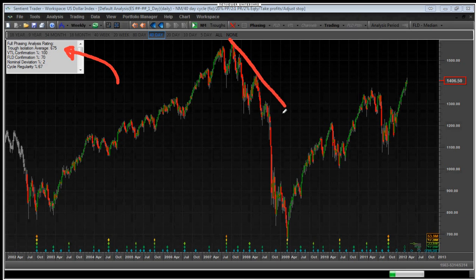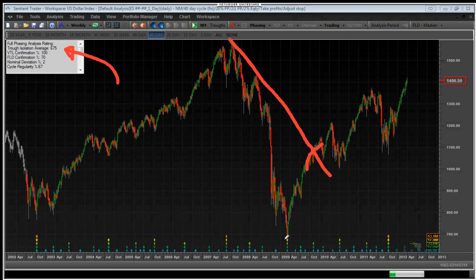A VTL is, of course, a valid trend line, and so here, for instance, it would have drawn a 40-week VTL somewhere over there, and that's simply a straight line. Then a VTL confirmation is when price crosses that VTL, has it accurately confirmed the positioning of the 18-month cycle. So in other words, the information that we get from price crossing a VTL is confirmation of a cycle trough